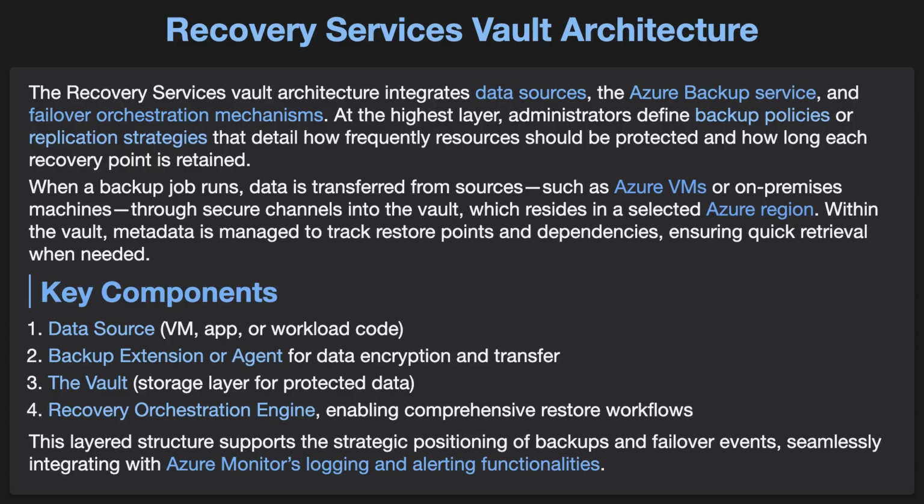Within the Vault, metadata is managed to track restore points and dependencies, ensuring quick retrieval when needed. The architecture typically incorporates four major components: 1. Data source, VM, app, or workload code. 2. Backup extension or agent for data encryption and transfer. 3. The Vault storage layer for protected data. 4. Recovery orchestration engine, enabling comprehensive restore workflows. This layered structure supports the strategic positioning of backups and failover events, seamlessly integrating with Azure Monitor's logging and alerting